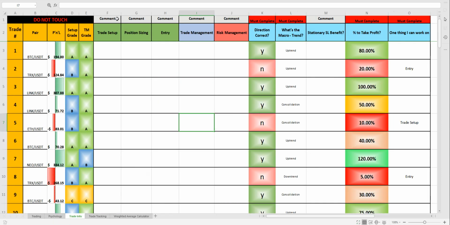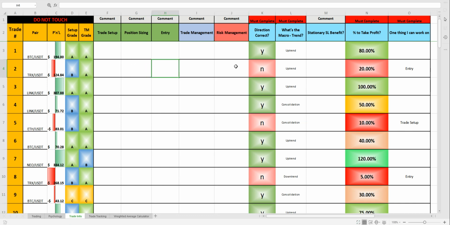Trade info, we already talked about. You're commenting on your trade setup, you're commenting on your position sizing, you're commenting on your entry, you're commenting on your trade management, and you're commenting on your risk management. Quick one sentence, 5-6 words. It doesn't really have to be anything crazy. Just, was it good? Was it medium? Was it bad? Not going too much depth into it, because obviously we have the psychology aspect, but this is